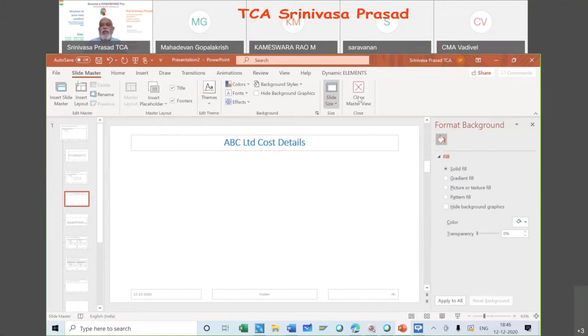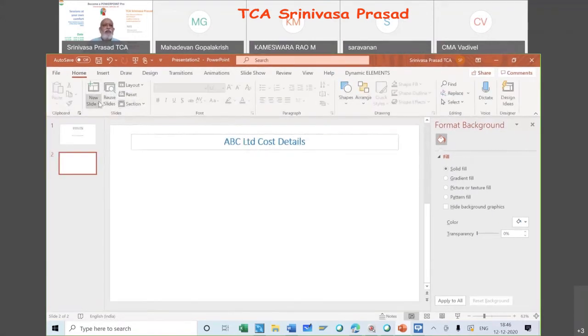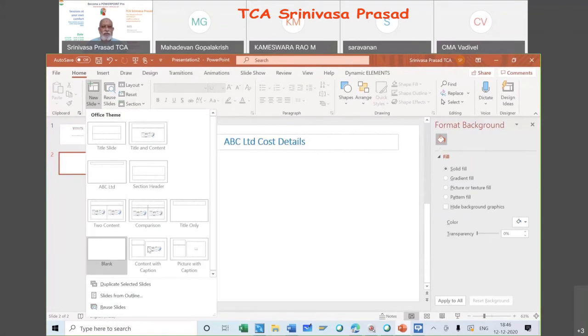If you want to duplicate, you will duplicate here only. What is happening, sir? These are all master slides. So when you want to take a new slide, you used to do new slide and you had all these options. But here, duplicate selected slide is also one of the options. So can we do that? Yes, we can do that, sir. I will come to that. What is duplicate slide for? I will come to that, not on master.